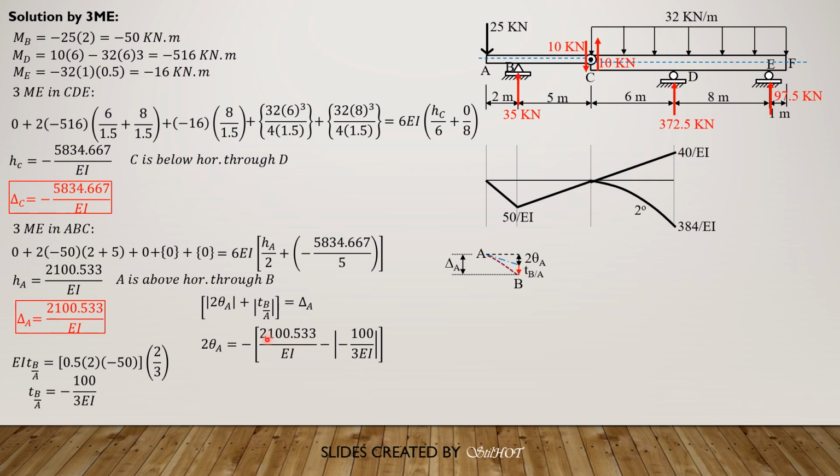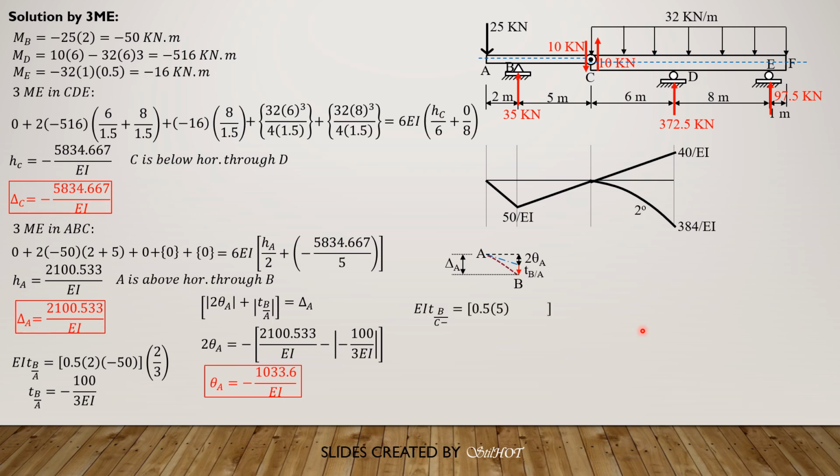So supposedly this is in absolute value, but because it is positive, you can just make it positive. So theta A is equal to negative 1033.6 over EI, just like the answer in other methods. Then next, we compute the deviation of